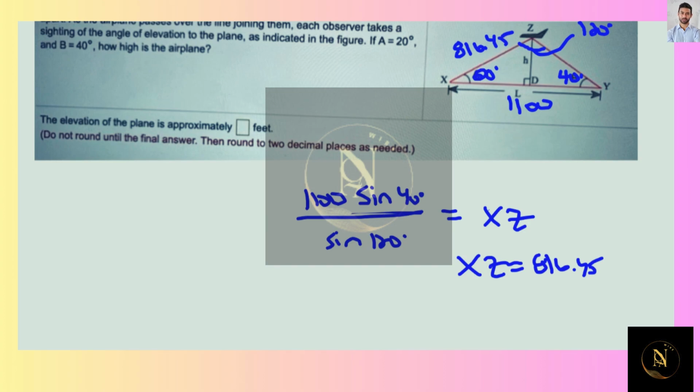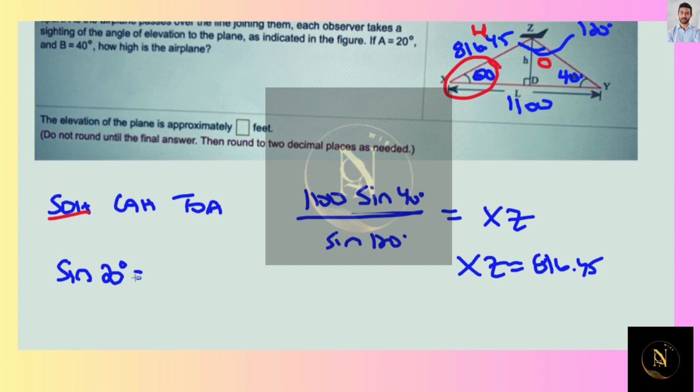And now we can find the height using right triangle trig ratios: sine, cosine, tangent. From the 20-degree angle, the height that we want to find is the opposite, and we now know the hypotenuse, so that would be sine. And so we can say that the sine of 20 degrees is equal to the opposite over the hypotenuse,